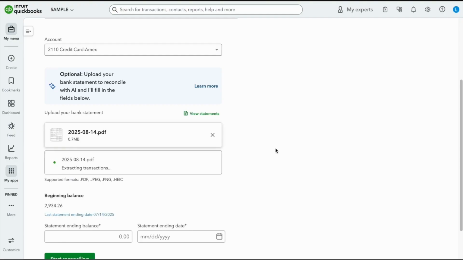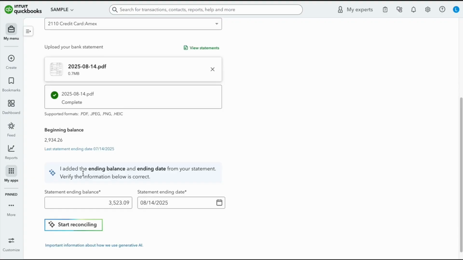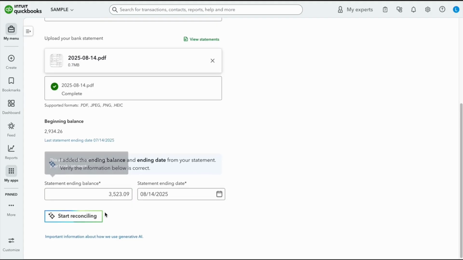Right now, it's going to extract all the transactions. This might take anywhere between 60 to maybe 90 seconds, depending on how big the statement is. Okay, and you see how AI just said, I added the ending balance and the ending date from your statement. So you can verify and say, okay, is this correct? You will look at your bank statement, check your ending balance and your ending date, and when you're ready,